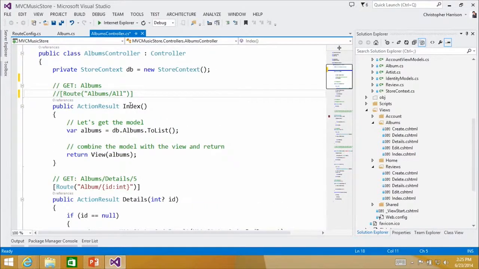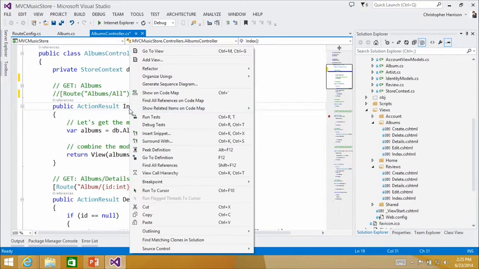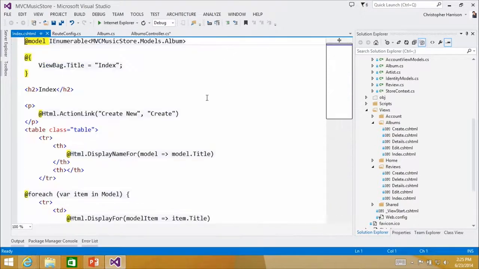So here's what I want to do. I just kind of commented out our route from before, but I'm going to right-click on the index here, and I'm going to say go to view, and you'll notice Control-M, Control-G for go to view, one of my favorite little shortcuts. And there is the little view here. And John had highlighted this earlier, but here's what I want you to notice, is anytime that we've got an @ sign, that is, and I want to stress this part,